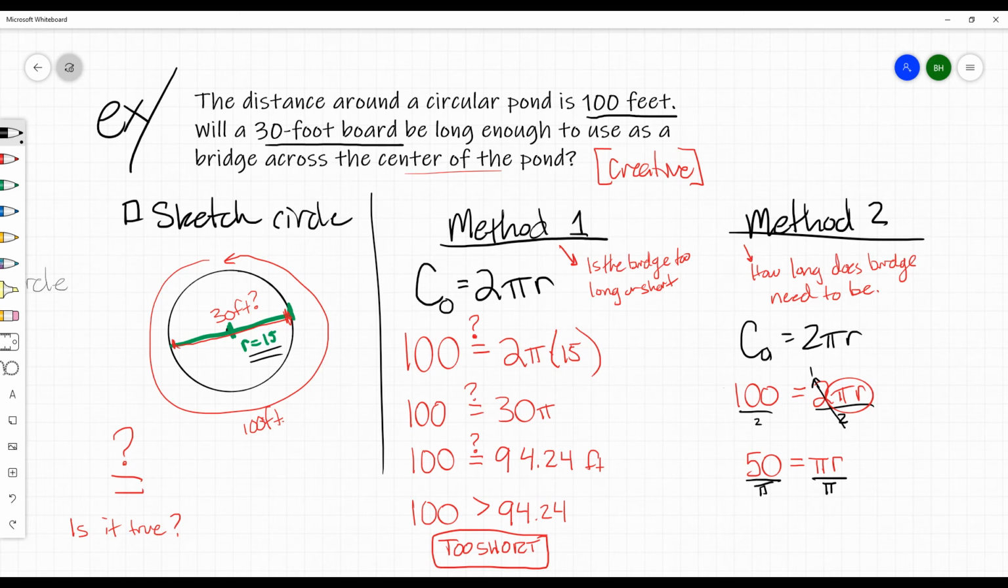If you do this in your calculator, it will give you a value. It won't just end up being a weird number or a weird situation. And when we effectively divide by pi, pi and pi equal out to 1. It's the same value. 50 divided by pi is going to be 15.915. And so this means that we would need a board, or in this case, we need a bridge